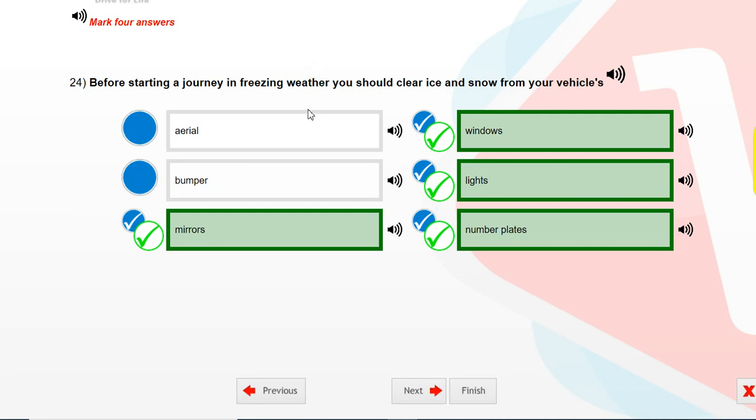Before starting a journey in freezing weather, you should clear ice and snow from your vehicle's. Select four answers. Mirrors. Windows. Lights. Number plates.